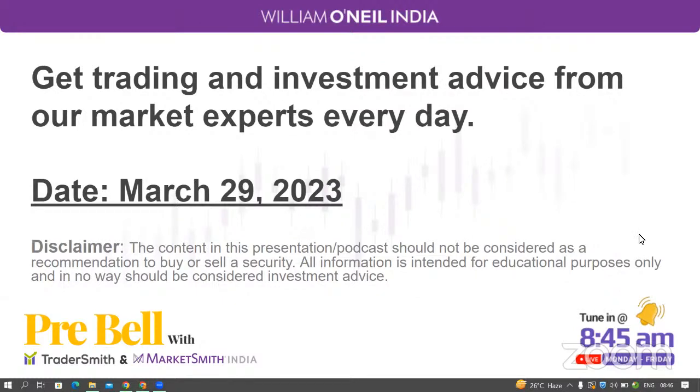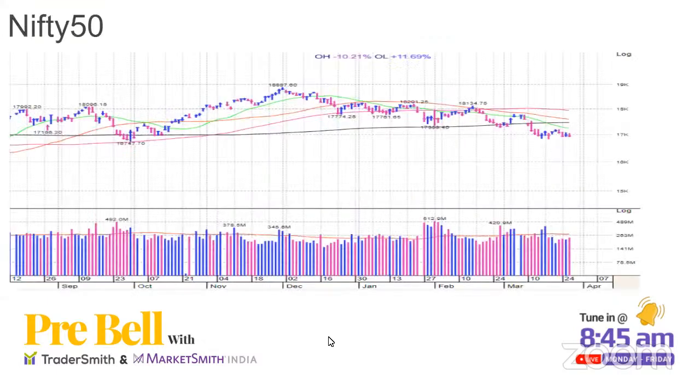So without taking much of your time, I'll start with Nifty 50's chart analysis for the day and for the past few days as well. The people who have been following us know that the current market status for Nifty is RA, that is, rally attempt. Nifty has tried to attempt a potential bottom at the 16,250 mark and is trying to stay above those levels for 3 consecutive days: 1, 2, and 3. Post that, we need a follow-through day to take the market to a confirmed uptrend,